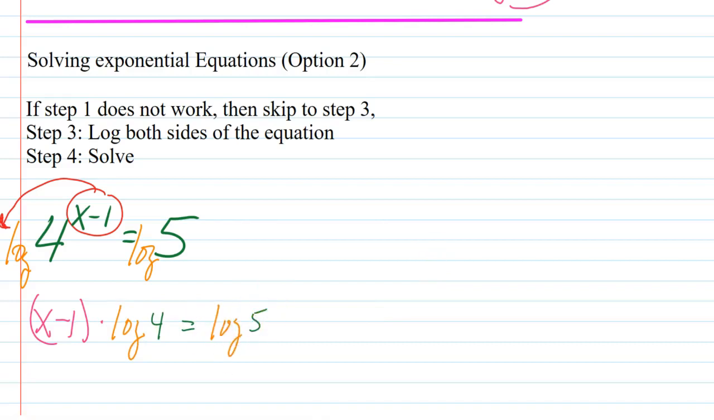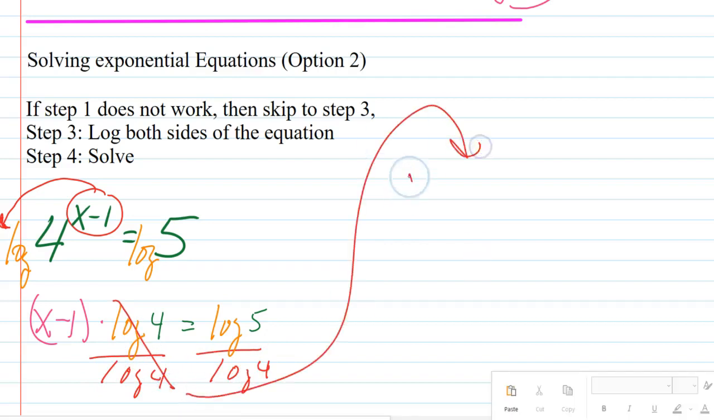log of 5. At this point, I solve the equation like I would normally solve an equation. I look at my x and say, what is happening to my x? Well, it's being subtracted by 1, but bigger than that is being multiplied by the log of 4. So I need to get rid of my parentheses. What's happening is being multiplied by log. The opposite of multiplying is to divide. So I divide by log 4. Whatever I do to one side, I do to the other. That cancels out, leaving me with,